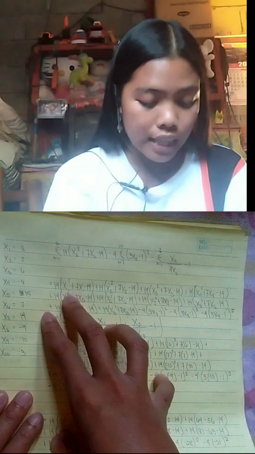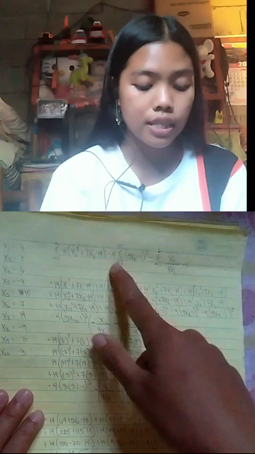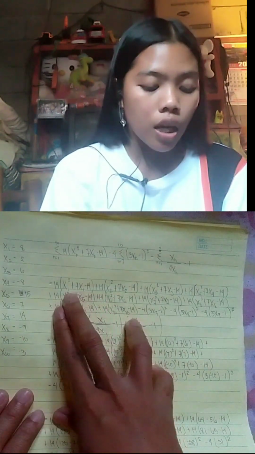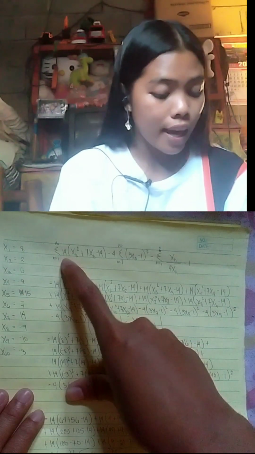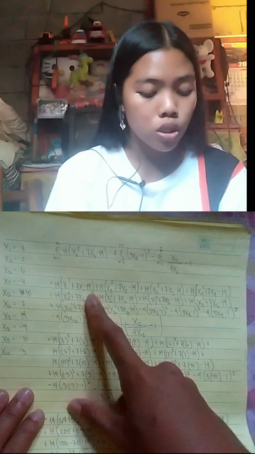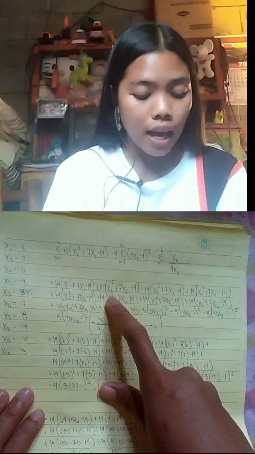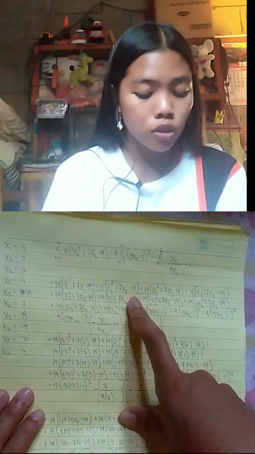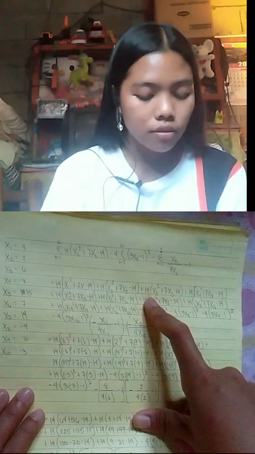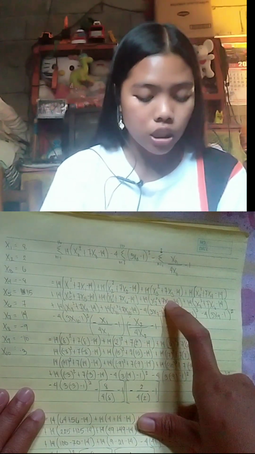So the first thing I did is I distribute it one by one. So here first, then second, then third. So asking here is n from 1 to 10. So 14 times x sub 1 squared plus 7x sub 1 minus 14 plus 14 times x sub 2 squared plus 7x sub 2 minus 14 plus 14 times x sub 3 squared plus 7x sub 3 minus